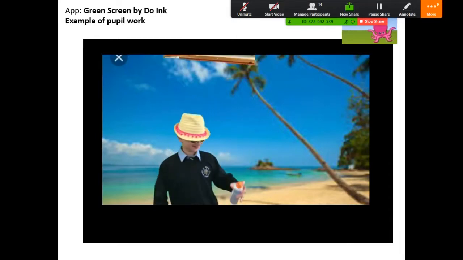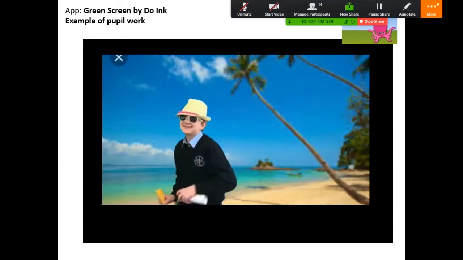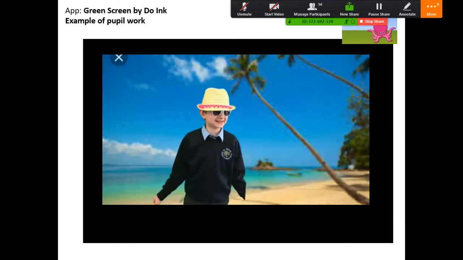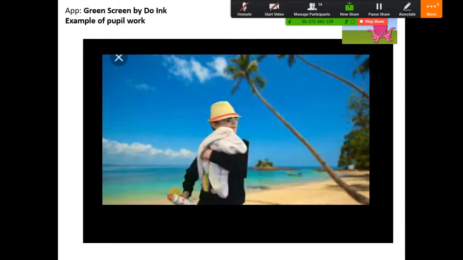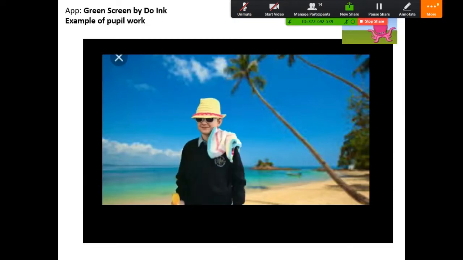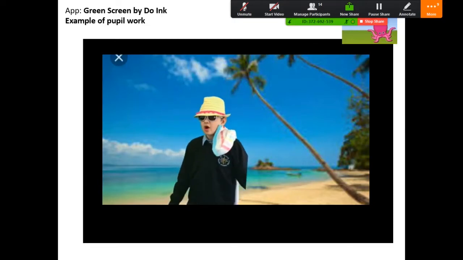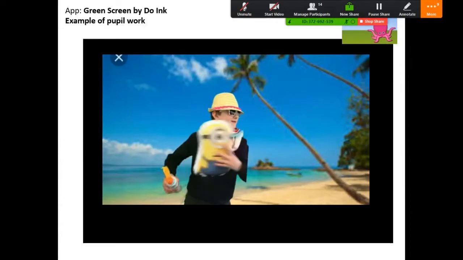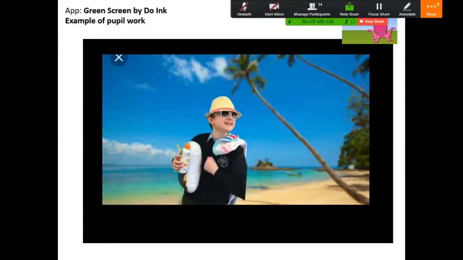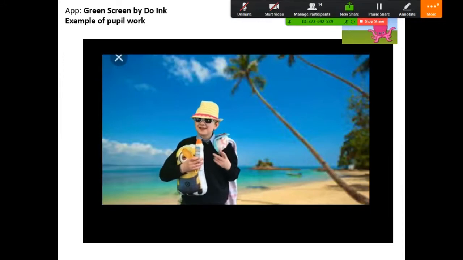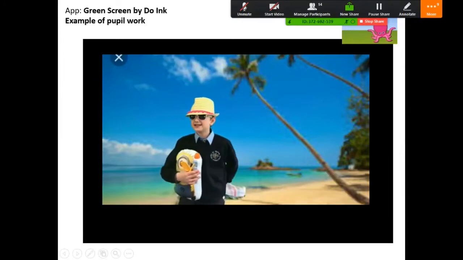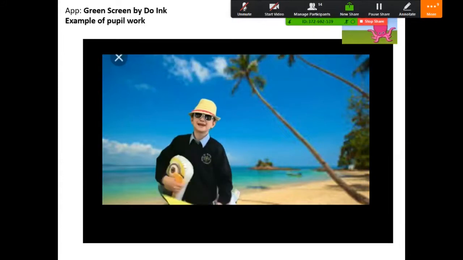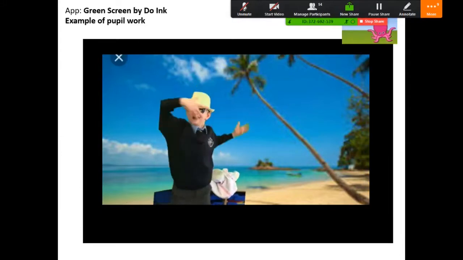Merci. Allez, arrivez à la plage. Mais où est ma serviette? Merci. Arrivez à la plage. Mais où est mon ballon de plage? Voilà. Merci. Allez, arrivez à la plage. Mais où est le soleil? Merci. Très bien.